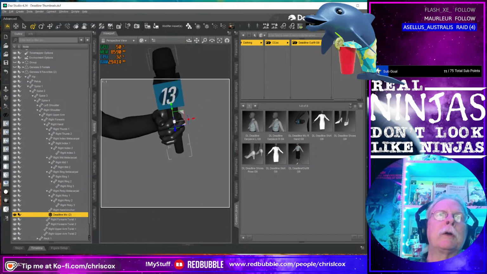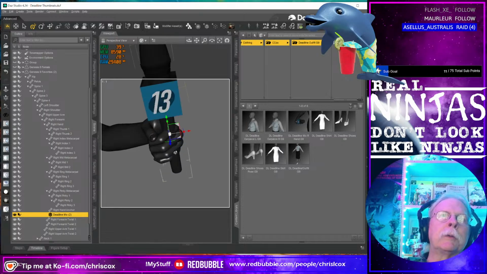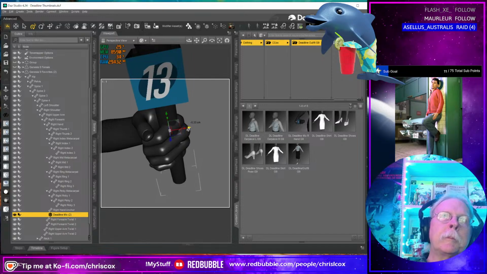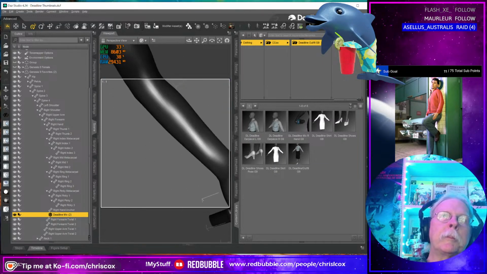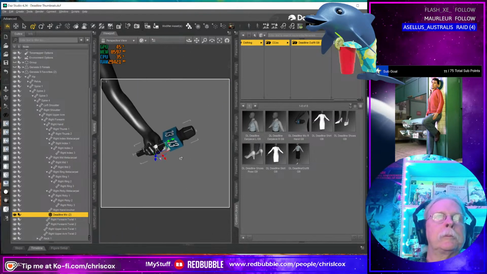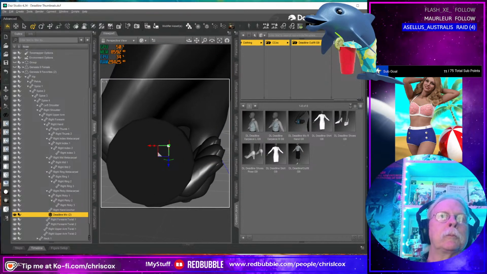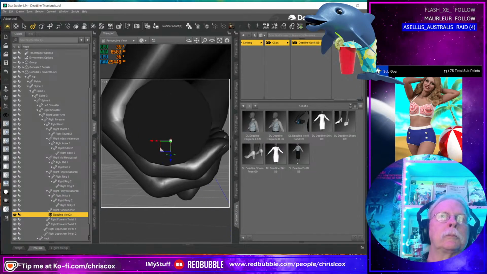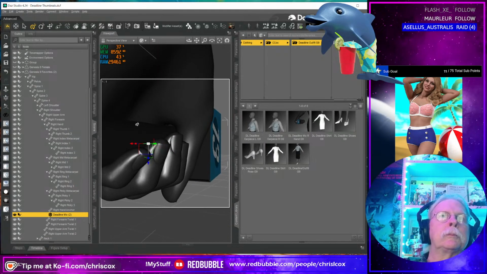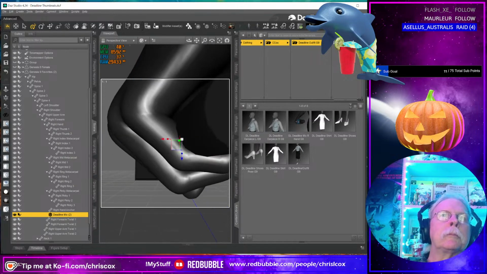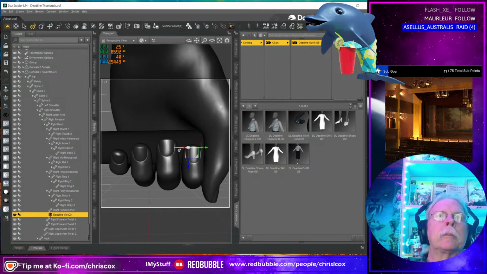I've never quite figured out why it's off a little bit from side to side with the Genesis 9. Like the angle's even off a little bit.